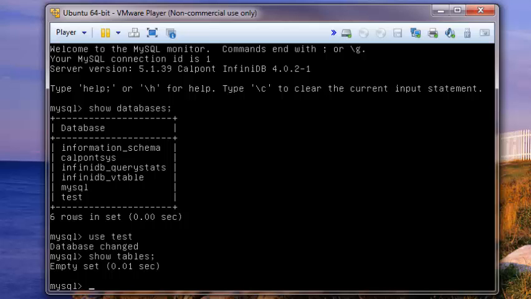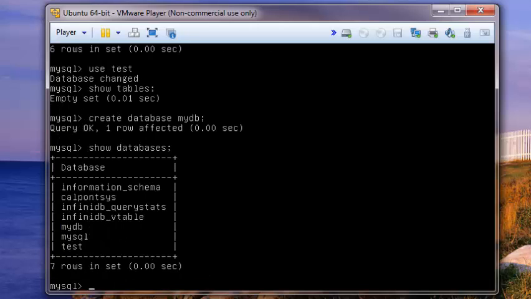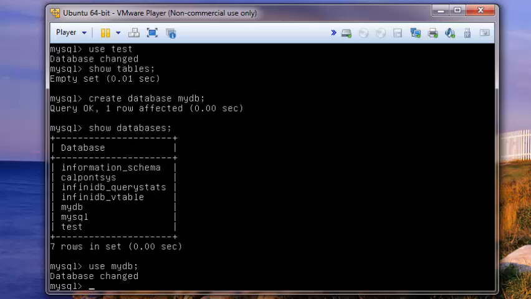Let's create a database and call it MyDB. And this is an example I'm taking right off of the InfiniDB installation guide. So, all right, a database is created. Now, if you look at show databases, you should be able to see MyDB. There you go. So once you've created that, let's use MyDB, and within that, create a table called